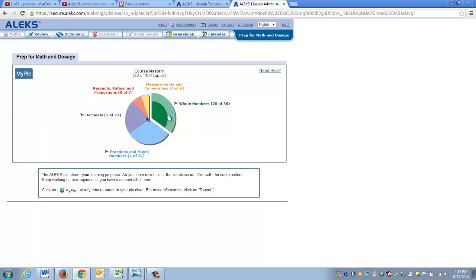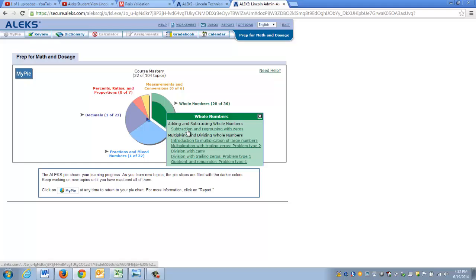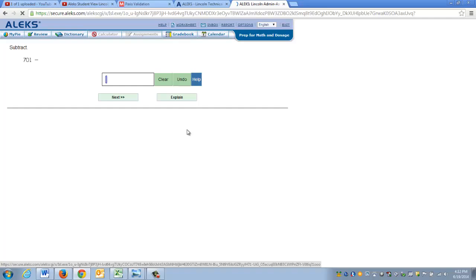So if I go over to whole numbers, I can select subtraction and regrouping with zeros, which is what I'll do. And this is where the student actually begins to learn in Aleks. So you'll see that as a student works through, they'll be asked certain questions. So it says subtract 177 from 701. And the answer would be